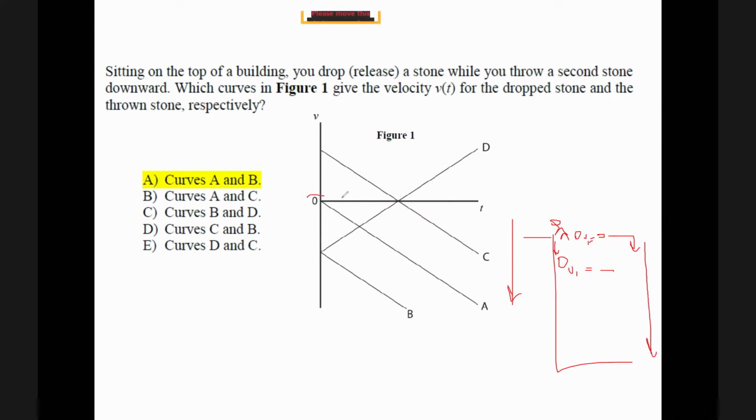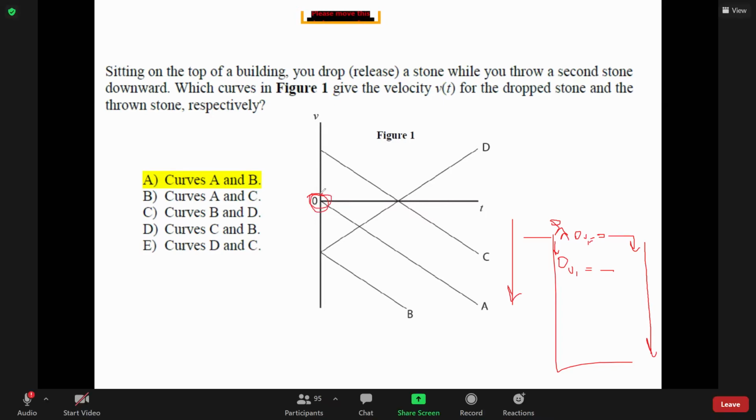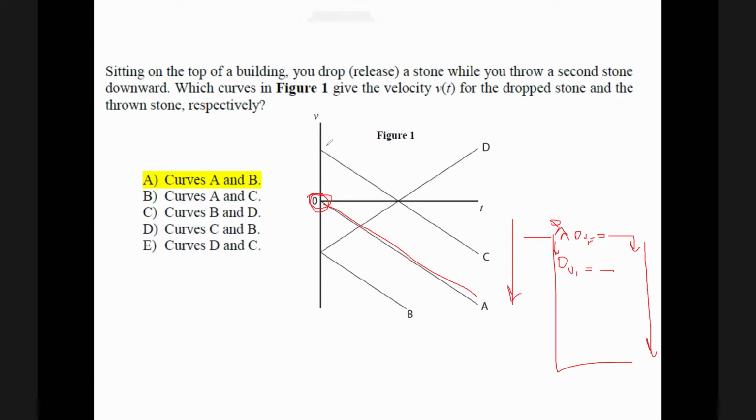The stone that started at t equals 0 with initial velocity equals 0, what happens to it? Its velocity will keep increasing with time. Negative increase in time. Negative becomes 0, -1, -2, accelerating due to gravity. The particle that was thrown down with negative velocity: no, I cannot take this one. This is positive velocity. So I can take this one, which is B.